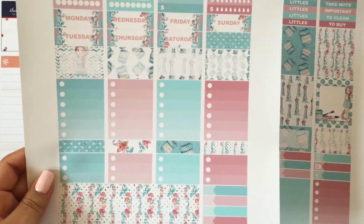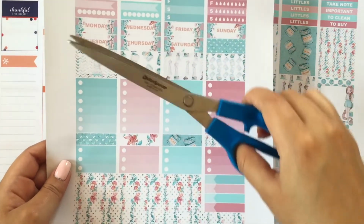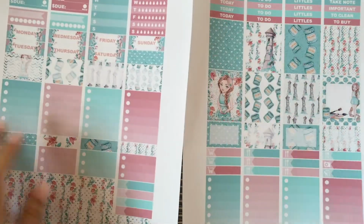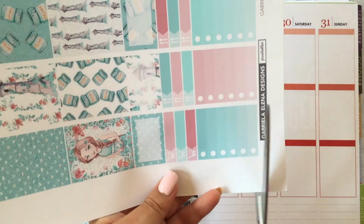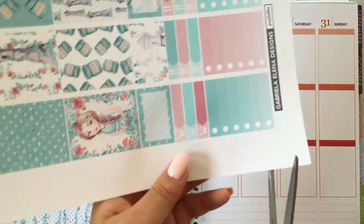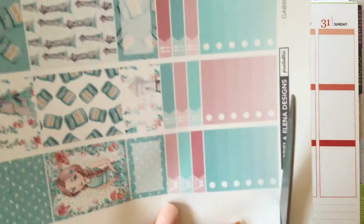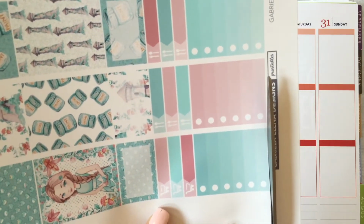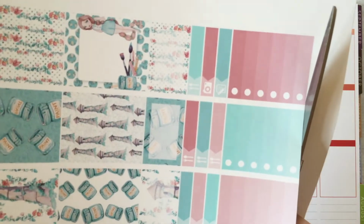You guys can use either a guillotine or just plain old scissors like I'm going to be doing. So normally I use an X-Acto knife to cut printables, but I cannot find them. I found a really big package blade, but that's not very helpful for these. Anyway, so I decided that I was going to just use regular scissors because,